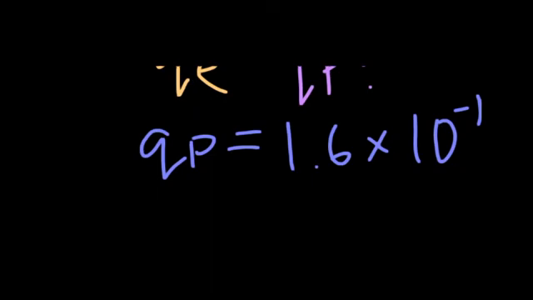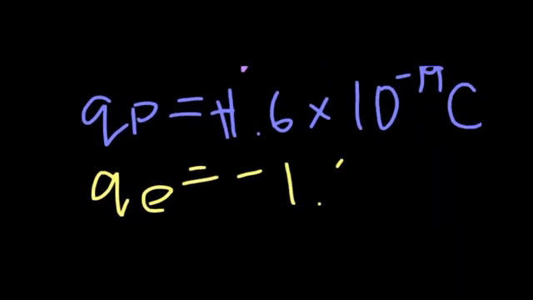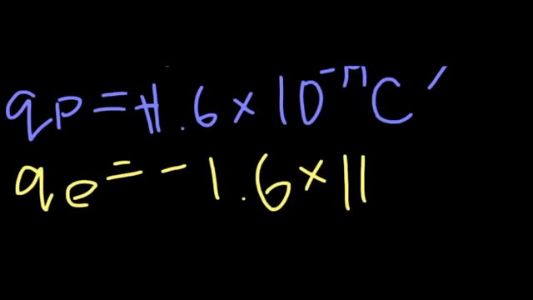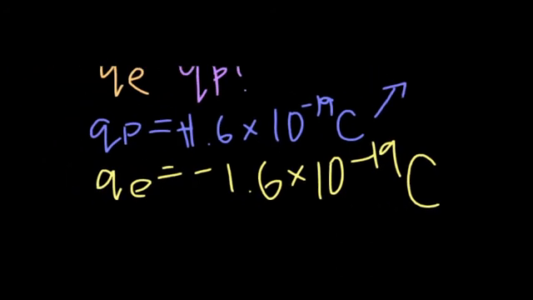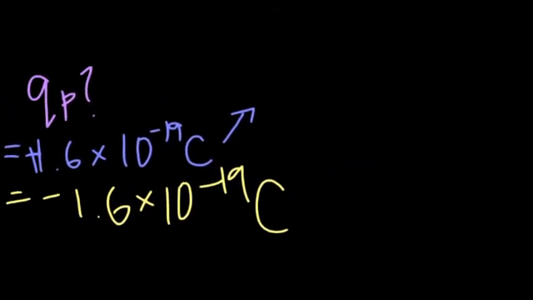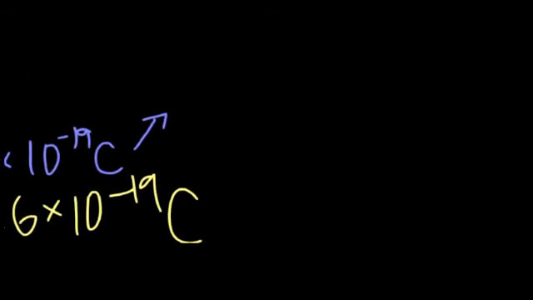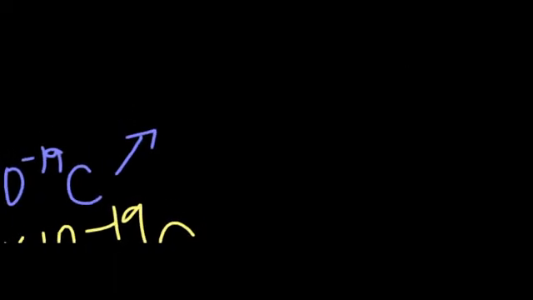And the charge of an electron, as you might expect, is the total opposite. So this is positive, and the charge of an electron is going to be negative 1.6 times 10 raised to the negative 19 coulombs. So I think this is quite important. Since I'm introducing you to the idea of charges, why not show